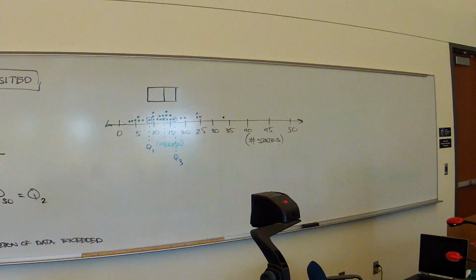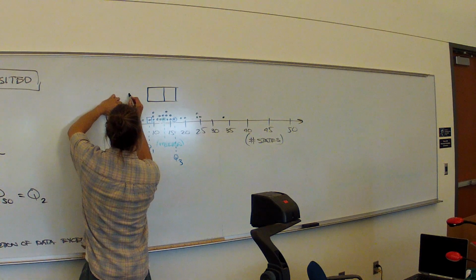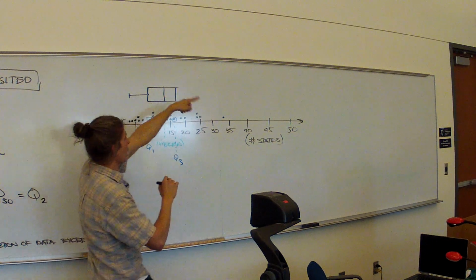How about the whiskers? What are the whiskers? Where do you think they go? To the max and the min. Exactly, Eric. They go out to the other extremes, the max and the min. So our min was 3, so we're going to put one whisker here, draw it in. And then all the way up to 33,